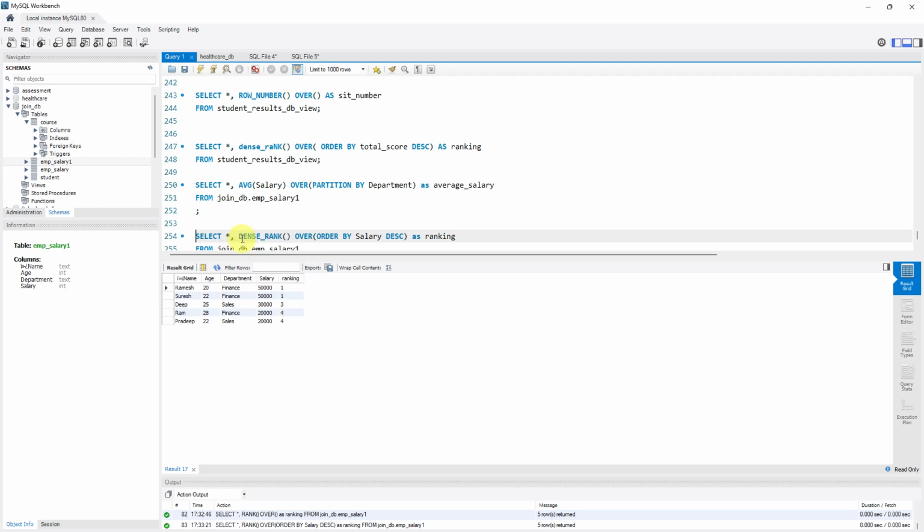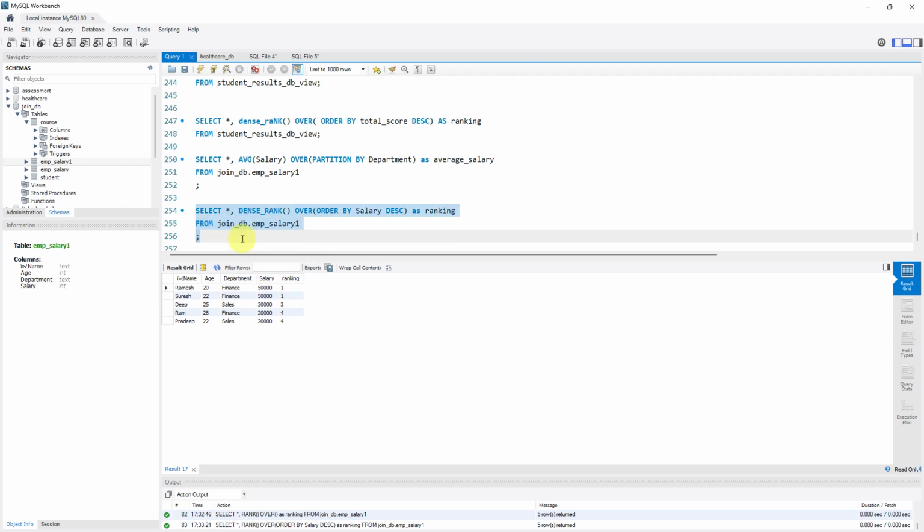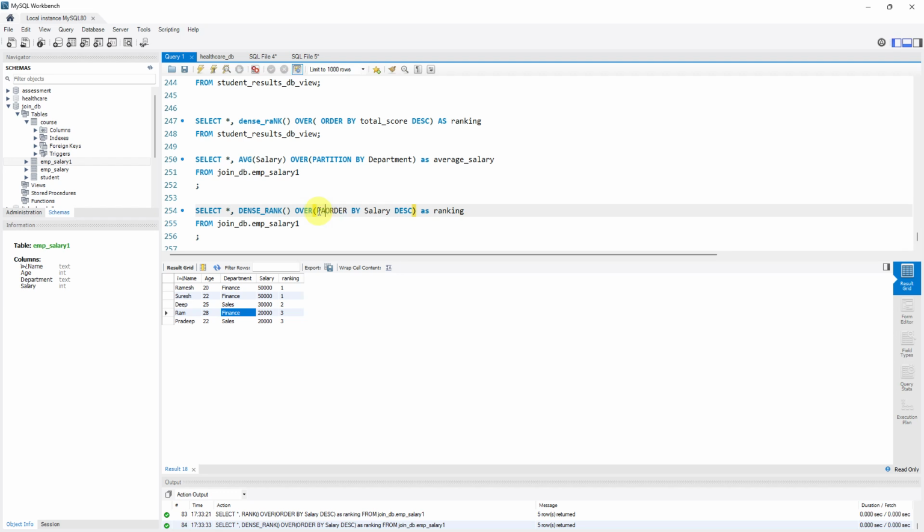It's still not going to give me what I want, but I'm getting there. So it has ranked it 50,000, one like that. But I want to rank it by department now. You can see that finance is here, finance is also here. I want to rank it by department. I'll still say partition by